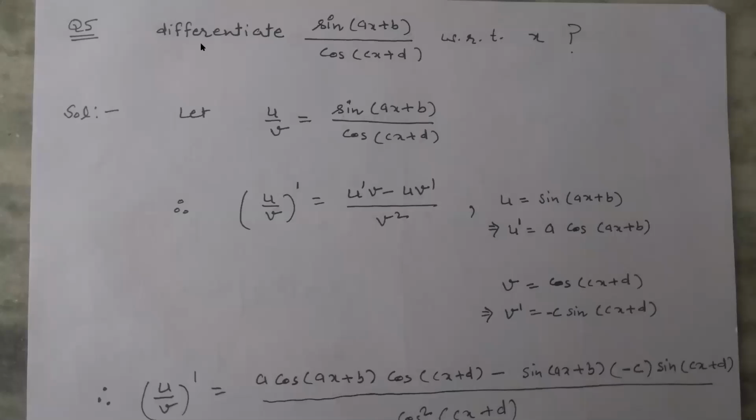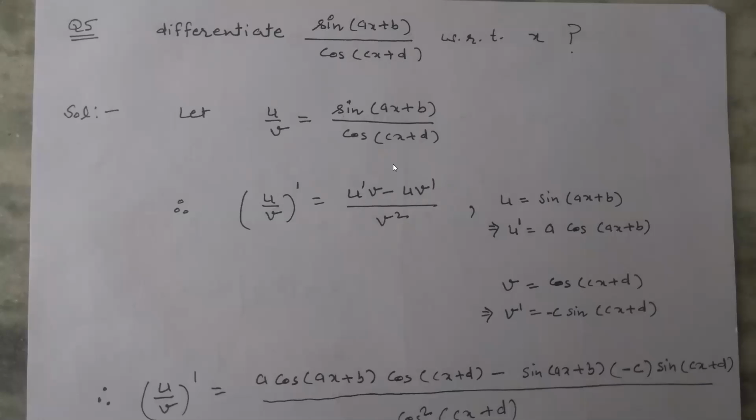Our next question: how to differentiate the quotient function u upon v, where u is sine of ax plus b and v is cos of cx plus d. As per the formula we have studied, it is u dash into v minus u into v dash, upon v